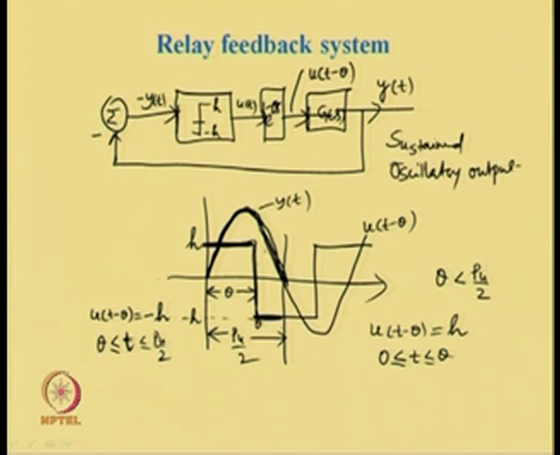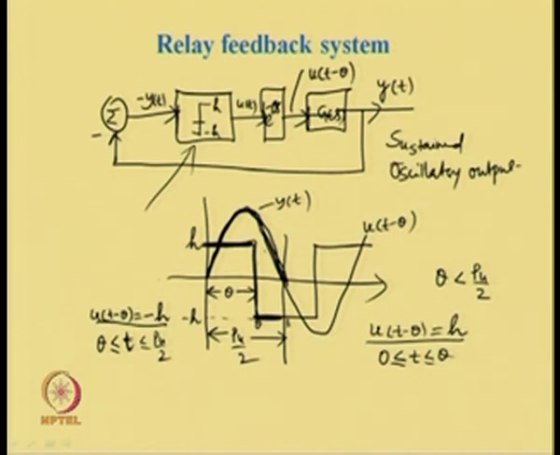So, this is our point theta and this is Pu by 2. So, this concept is very important, as I have said earlier, that we do get 2 piecewise constant inputs to the system due to the relay. The relay device is such that it enforces 2 piecewise constant inputs to the system during half period of the sustained oscillatory output of the system. This will be used now for the generation of typical limit cycle output signals of different types